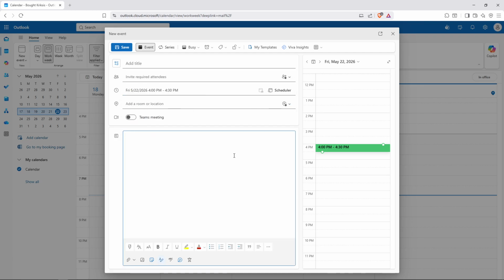Add the event title, set the date and time, include a location if needed, and write any notes or agenda items in the description field. While you're doing all of this, your attendee list will remain completely hidden from everyone you invite. And that's it. You've successfully set up an event on Outlook.com with a hidden attendee list, giving you full control over the privacy of your guest